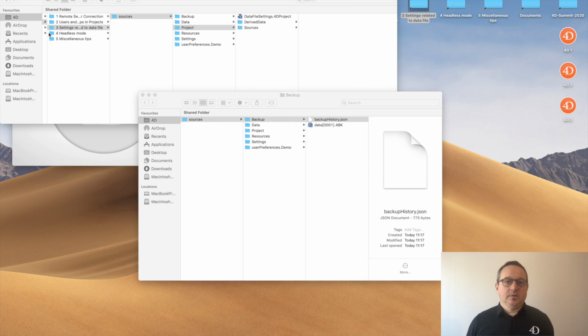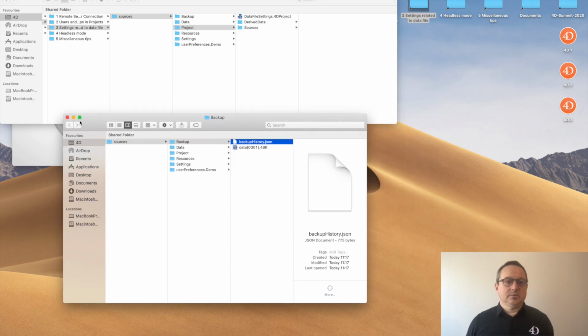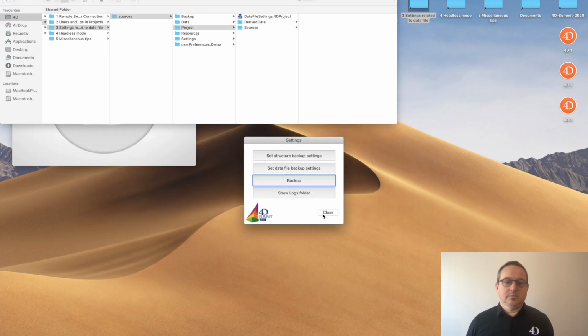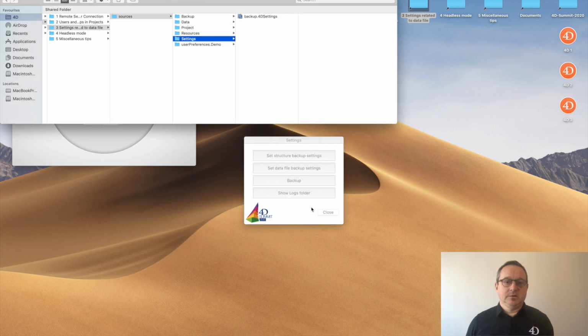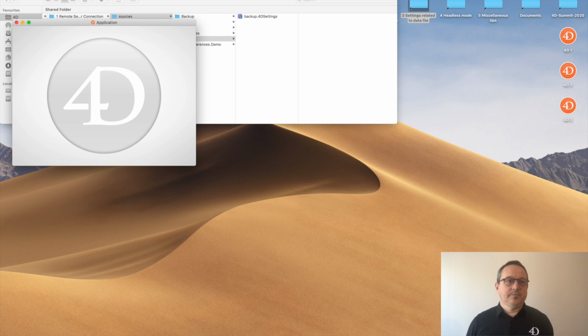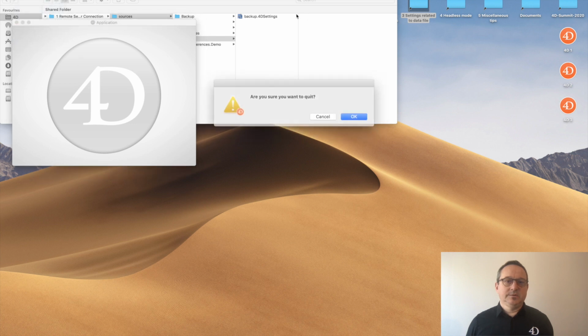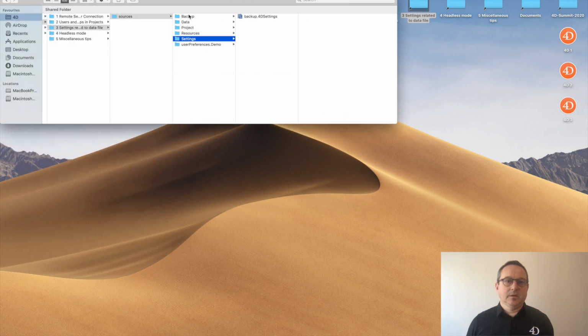Okay, so that is the case when my backup settings are near the structure. But if you see in my data folder, the settings folder has no backup 4DSettings file.